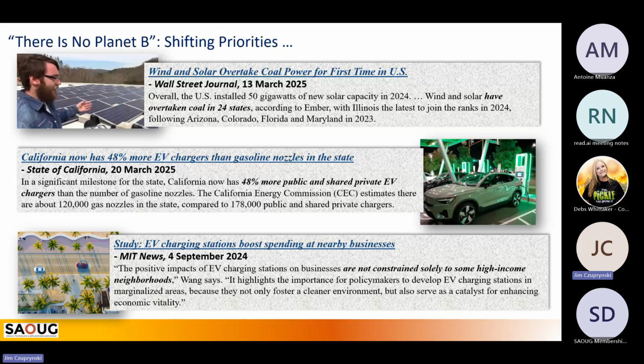Prices of EVs continue to fall. We're starting to see some things here in the US where it's possible we may see an EV for $20,000. So prices are falling dramatically, and it's obvious that this is not going to stop.